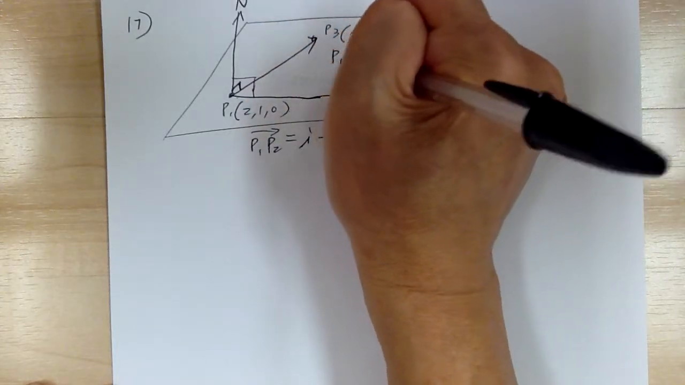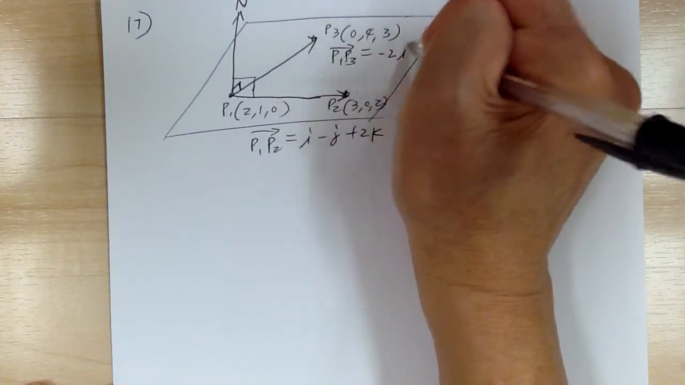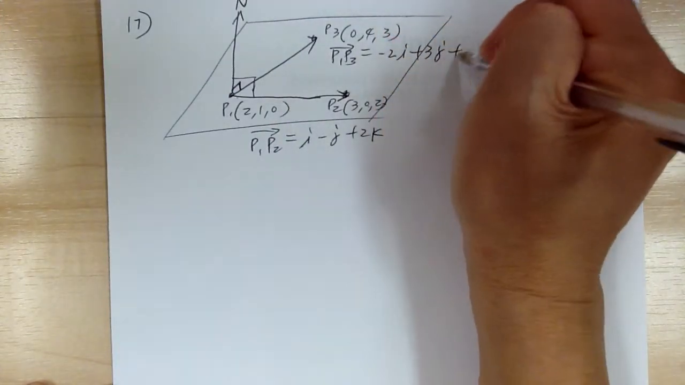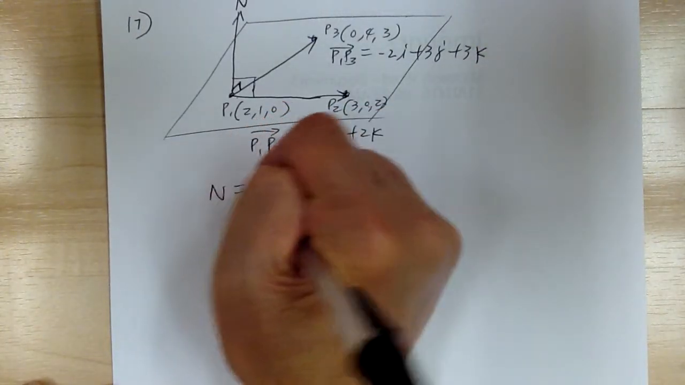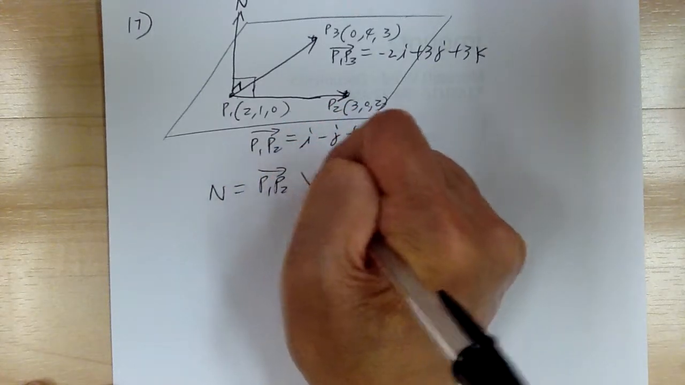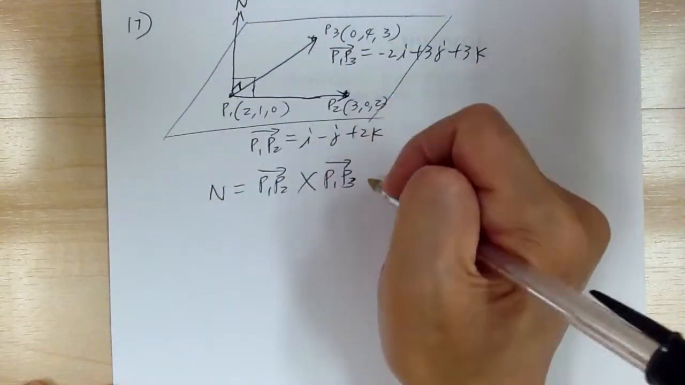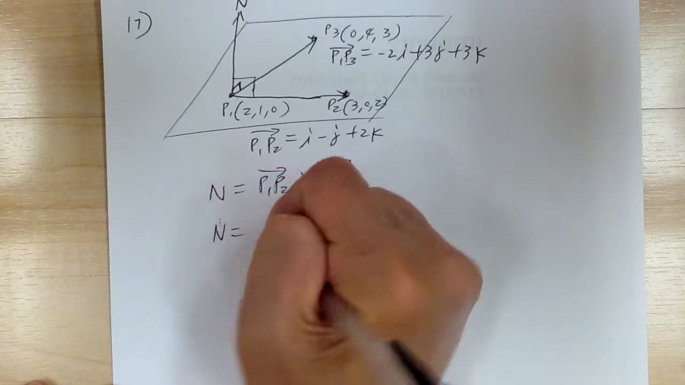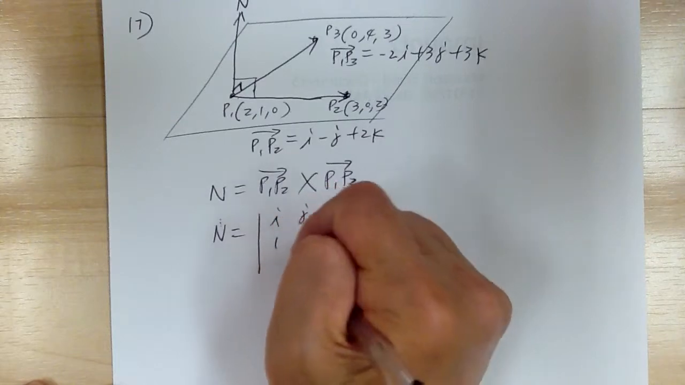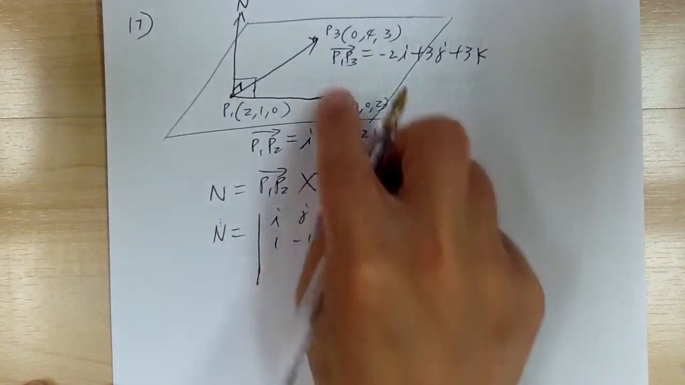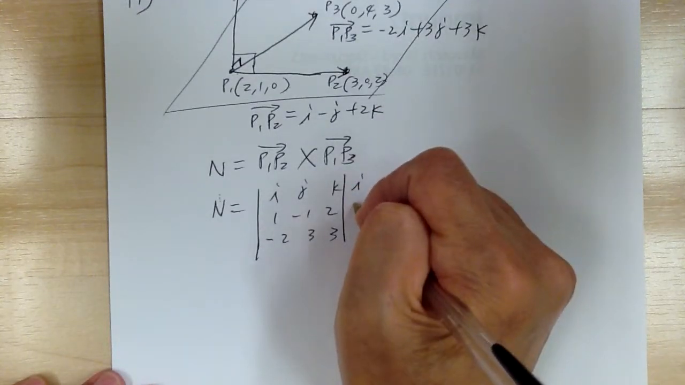And then P1P3, again, you have to use the 3 minus the 1, so it would be negative 2i plus 3j plus 3k. Okay, so I'm going to do the cross product. So n is equal to P1P2 cross P1P3. Again, you use the right hand rule. So n is equal to i, j, and k. P1P2 is 1, negative 1, 2. P1P3 is negative 2, 3, 3. So copy the first two columns